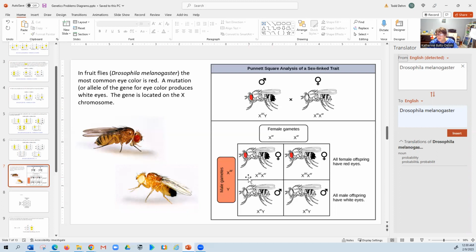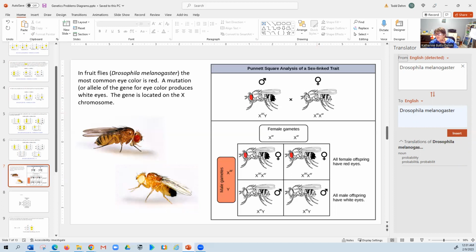So when you see a female, they have 2 genes for it, so they can have 2 alleles. And the males, though, the Y chromosome is real short and it's missing a lot of genes. So this one is not on the Y chromosome at all. So whatever the male gets from the X chromosome, that's what he has. Okay,